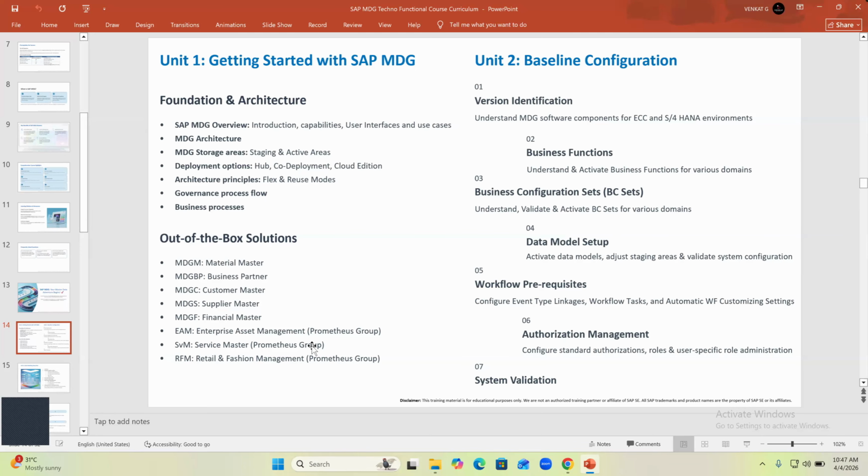But among all that master data, a couple of domains are governed in the MDG product. Material, business partner, customer, supplier, finance, that has GL account, cost center, profit center, cost elements, company, reporting structures, all those things. And also there are partner solutions. We'll discuss what partner solutions are also in regular sessions. EAM, Enterprise Asset Management, Plant Maintenance relevant, Service Master, RFM, Retail and Fashion Management, link to the material. So likewise, we'll be understanding all these features in the first unit. And then